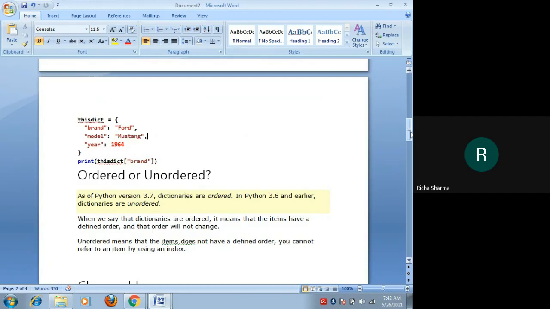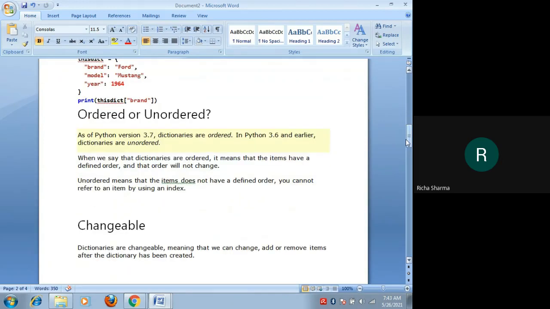Now, is the dictionary ordered or unordered? We have already discussed that in Python version 3.7 the dictionaries are ordered, but in Python 3.6 and earlier versions dictionaries were unordered. So that was the main difference between lists and dictionaries also. But now dictionaries are ordered. When we say that dictionaries are ordered, it means that the items have a defined order and that order will not change.